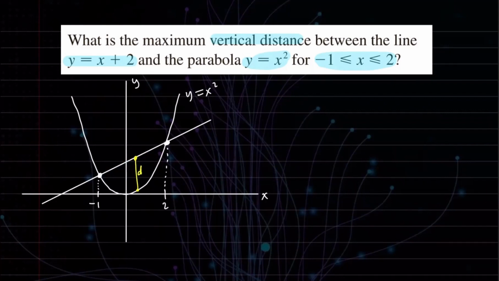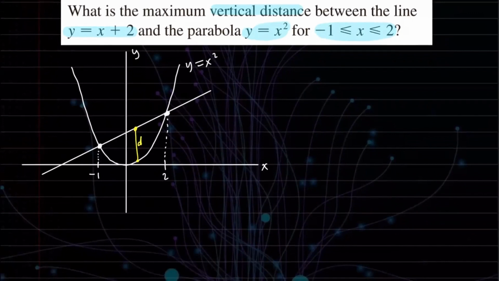A point on the parabola can be written as, let's say right here, this point will have the x coordinate x, but the y coordinate will be given by x squared. And the point on the line will have x coordinate x, but the y coordinate will be x plus 2, because that's what our equation gives us. So we want to find the distance between these two arbitrary points, and then we'll take the derivative of that distance function. The distance formula is going to be d is equal to,